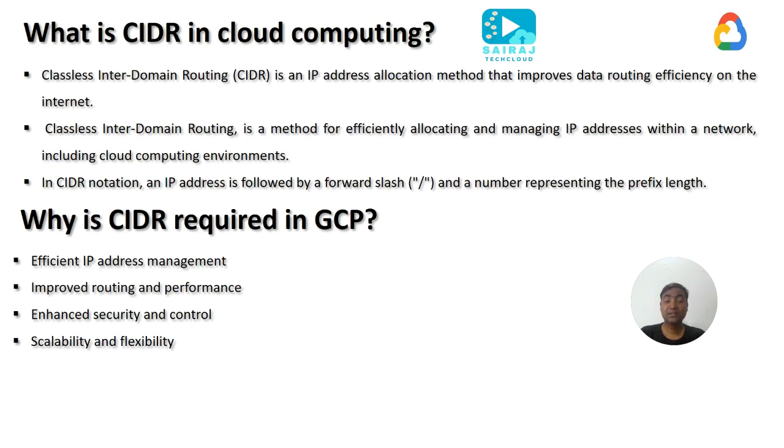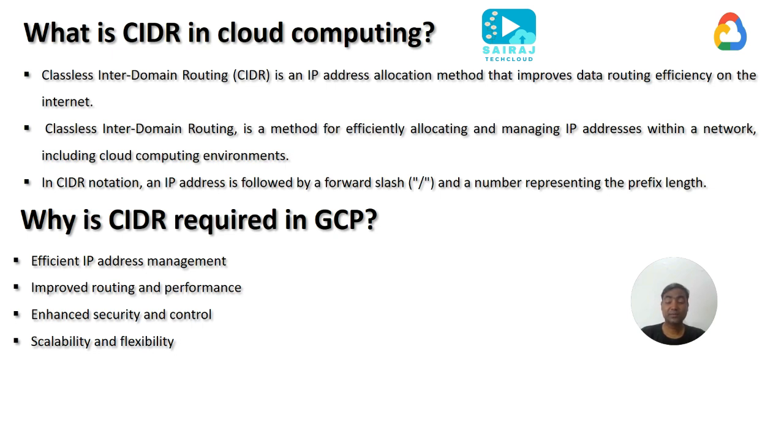Think of it as dividing a warehouse into labeled sections for different product categories. This makes it much easier to track and manage IP addresses, avoid IP address conflicts, optimize IP usage,